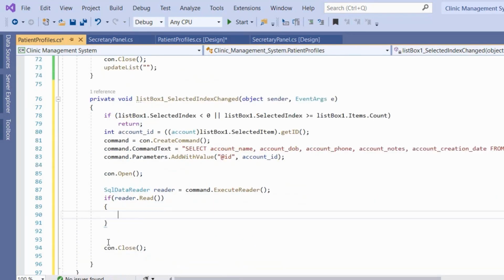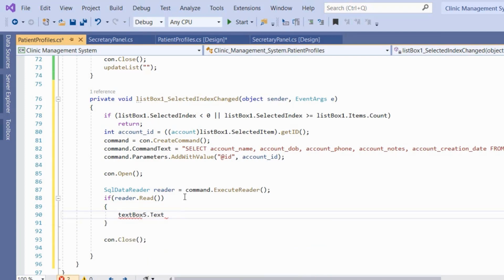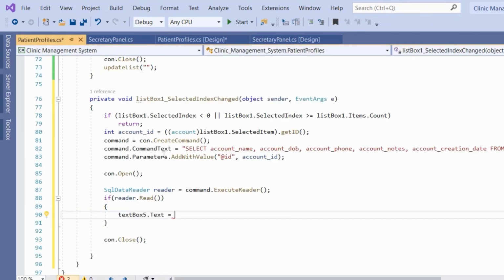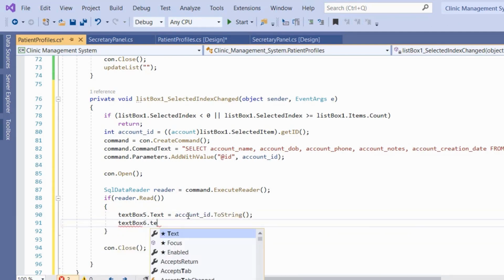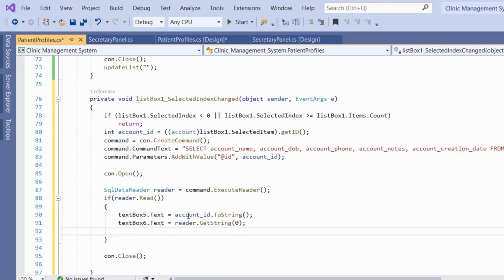we want to fetch our record and put it in the form, right? So text box 5.text is equal to, text box 5 is this text box for the account ID, and this is text box 6, this is date time picker 1, this is text box 7, 8, and 9. So text box 5, the text is going to be the account_ID.ToString, and then text box 6, the text, this is the name, so reader.GetString of 0, and then we have the date